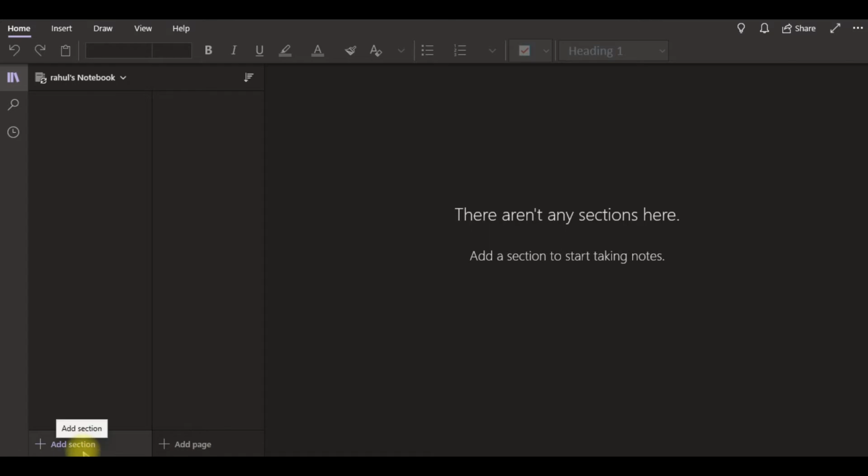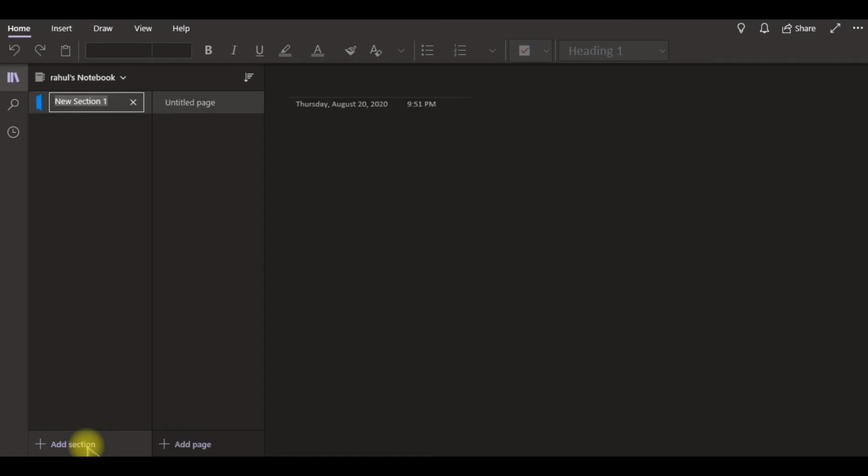Here in the bottom side you can see add sessions. If I am going to create a session, currently I am handling computer network, so a session can be used as a subject notebook. So computer network, okay, this is fine. Computer network is created, and consider this session as a notebook, and inside the session you can create pages. Just like a notebook, the session will act as the outer binding, and each and every page is available inside your notebook.